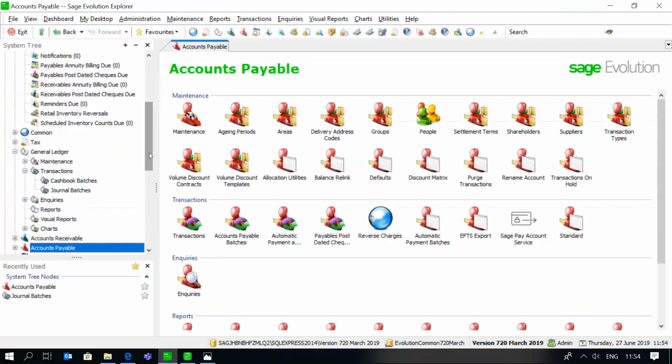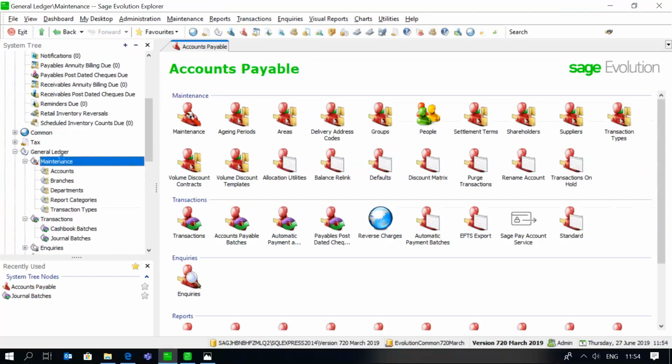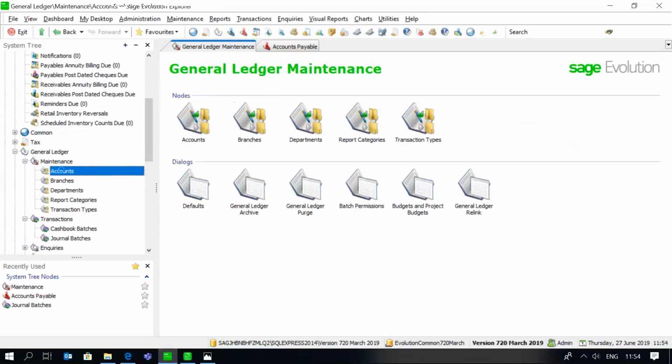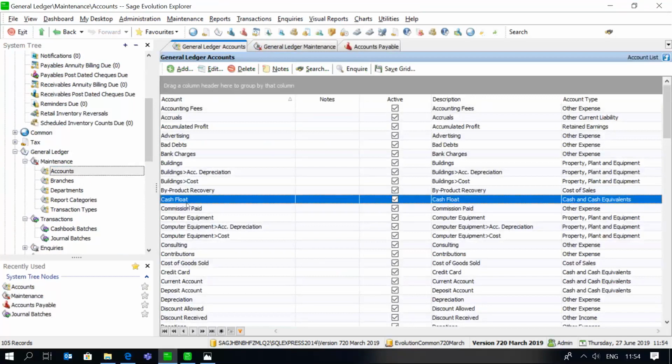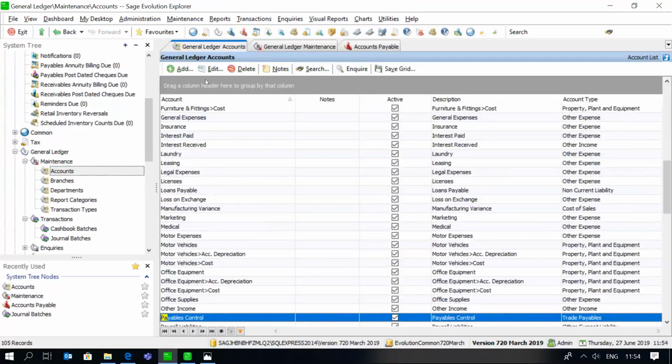And just to demonstrate the process here, I'm just going to close the diagnostic tool, go into my database, and we're going to purposely post a transaction to the AP control account, which will bypass the supplier ledger or the supplier subledger, and just check what the results are going to be when running the diagnostic tool. So if I go to my general ledger accounts, and I'm going to find the payables control account, if I edit that account,